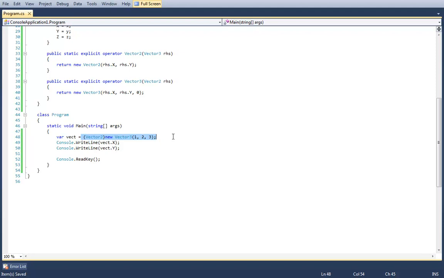Given that criteria, which one of these operators should be explicit and which one of these operators should be implicit on line 38 and 33? Which one should be explicit, which one should be implicit? Think about it. From a design perspective.